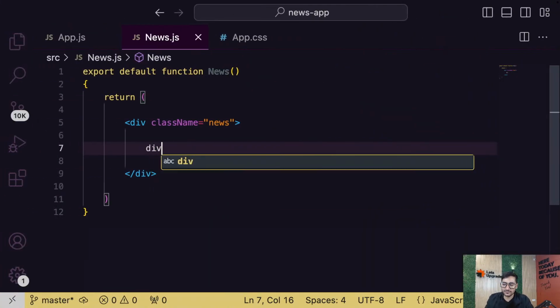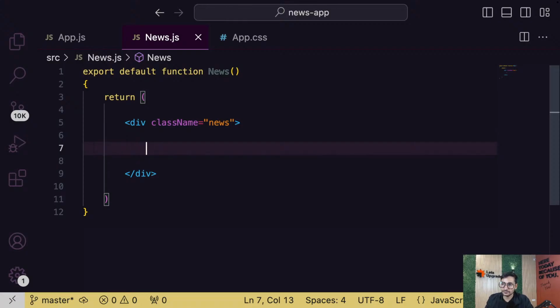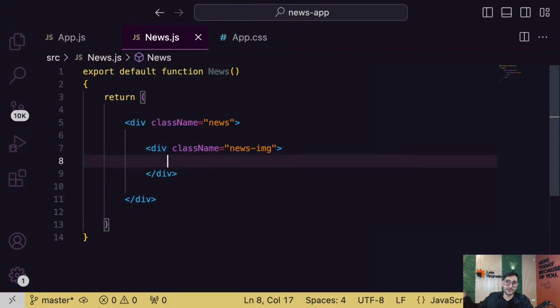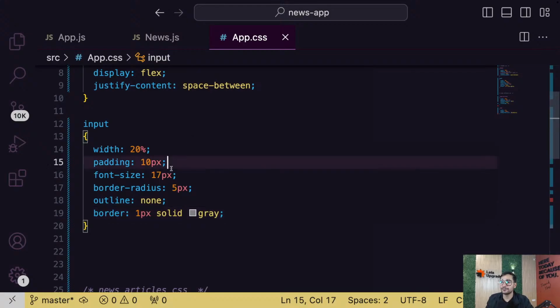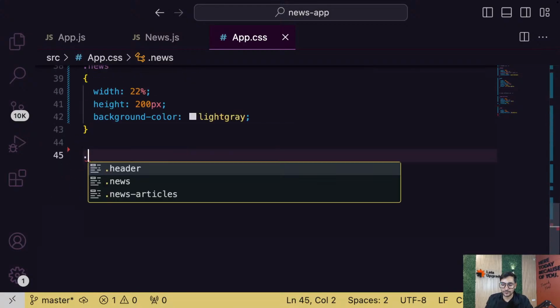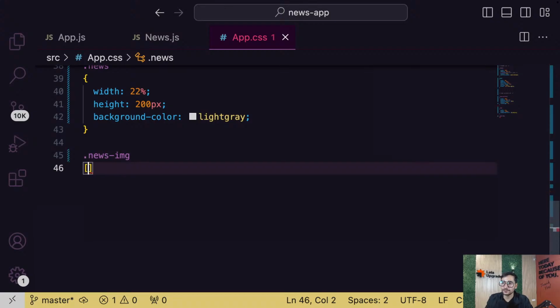And first of all, I need a div here, to which I'm going to give a class of news-img. And now, guys, one more thing, you're getting the news from somewhere else. So if the image is having bad quality, you can't do anything for it. You can either replace it with some random image that you have, only if you check if it's bad quality. Otherwise, you have to go with whatever you got. So news-img, and let's give it some kind of style. So dot news-img.